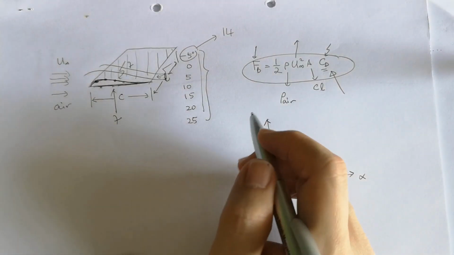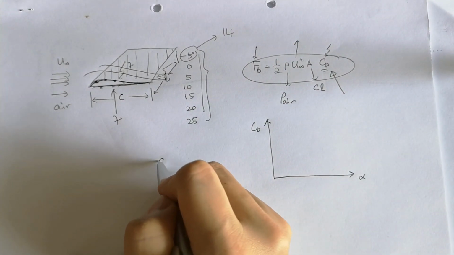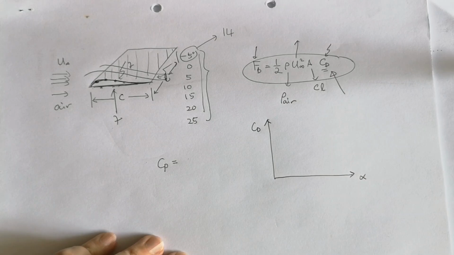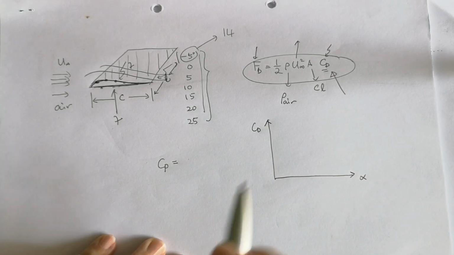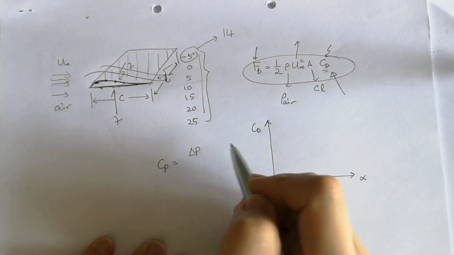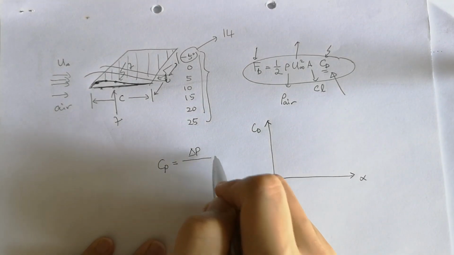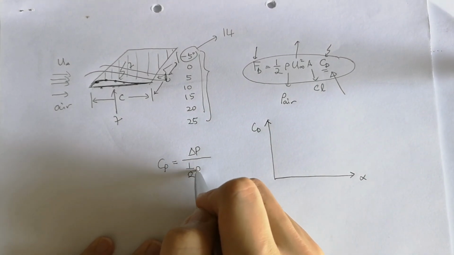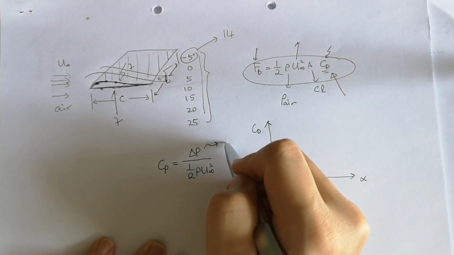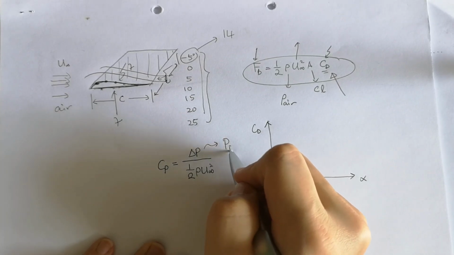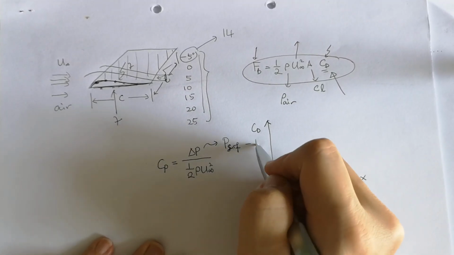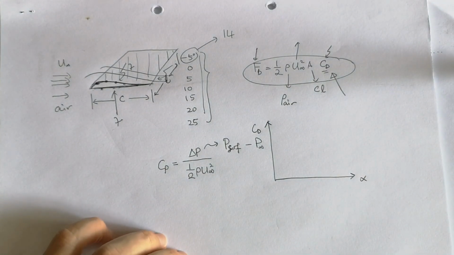After this, you are required to use this equation to evaluate your pressure coefficient. So what is the pressure coefficient equation? The pressure coefficient is simply given by the change of the pressure on the surface over the dynamic pressure. What is the change of pressure on the surface? It simply refers to the pressure on the surface minus the free stream pressure. So in other words,